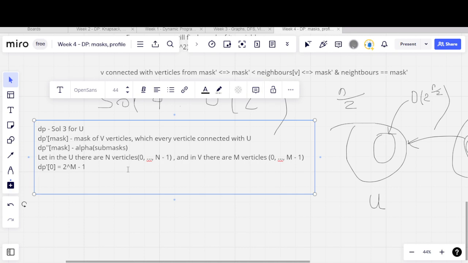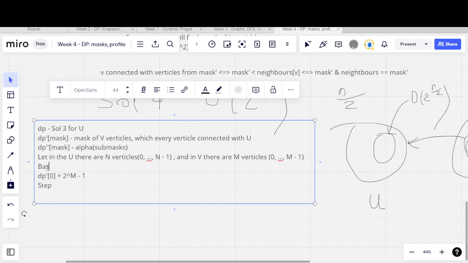We write to this array masks, and mask will be 2 to the power of m minus 1. So we do a base step of dp